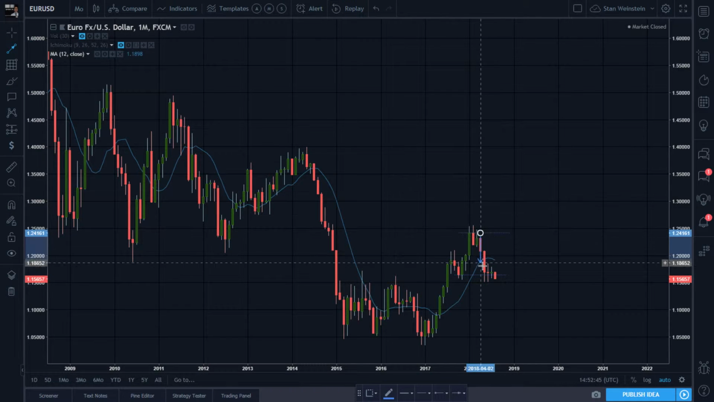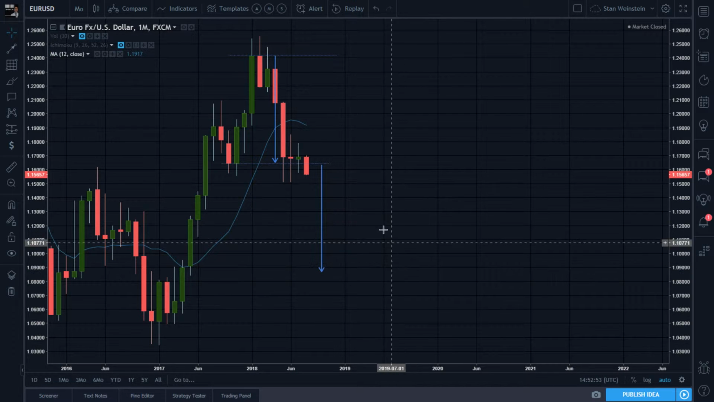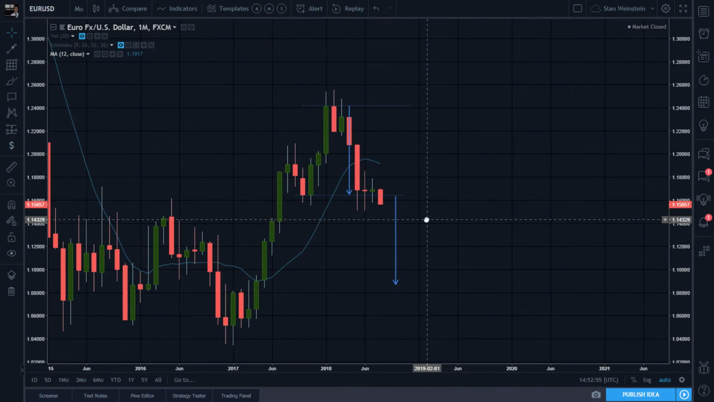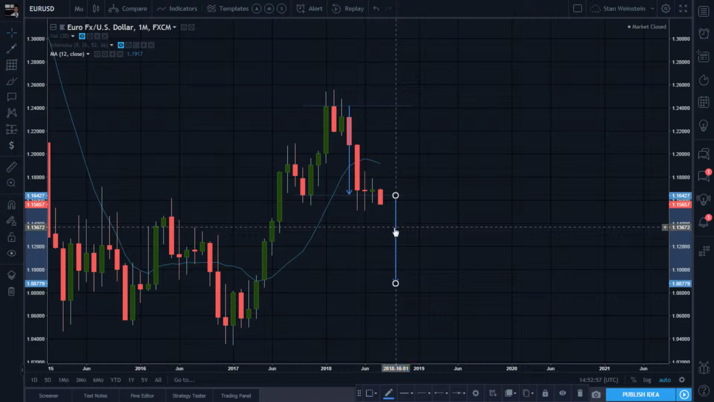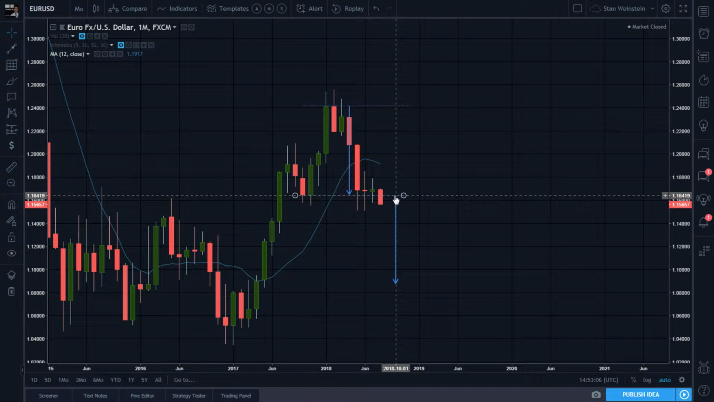Arrow, top to bottom. Add a breakdown line. So what I see now is a monthly candle breakdown in progress right now. This is the August candle. And if we have a close below this important 116.41, then